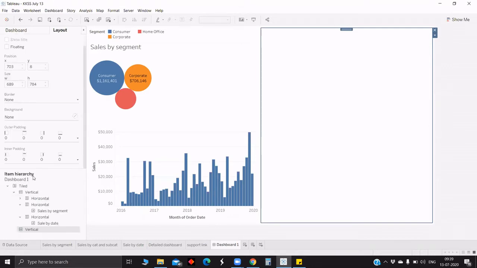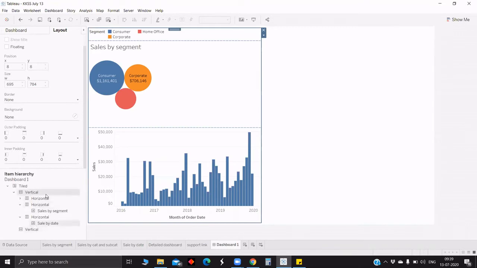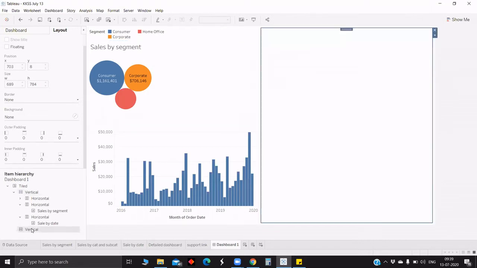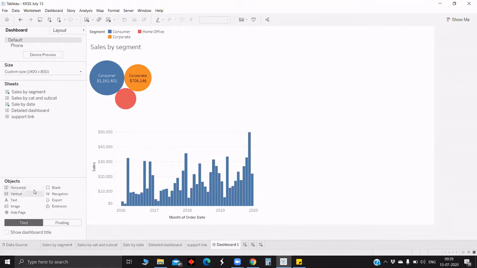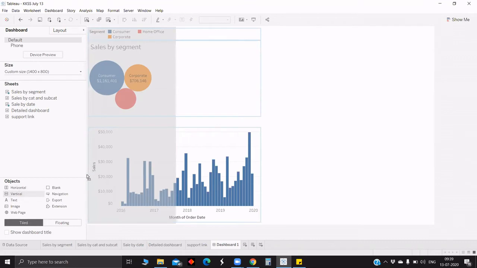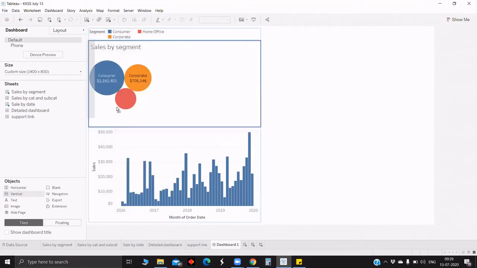So now if you see there, we have one vertical, and inside this vertical all the sheets are there. As you asked, we wanted one more vertical side by side. So we have now one more vertical. The way we have to do it is, since you want it side by side, whether it's left or right, we have to make sure. For example, now if you see the view, it's showing the entire left.